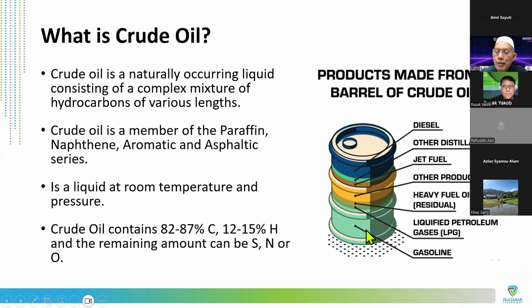So you can see 1 barrel of oil gives you multiple products, from diesel, jet fuel, even gasoline, and even heavy crude oil. Some of the heavy crude coming up from Kuwait, for example, has a byproduct that can be tar, which can be used for our road construction. There's some heavy crude coming from Kuwait that we only import just because of the requirement for us to have tar for our road construction.